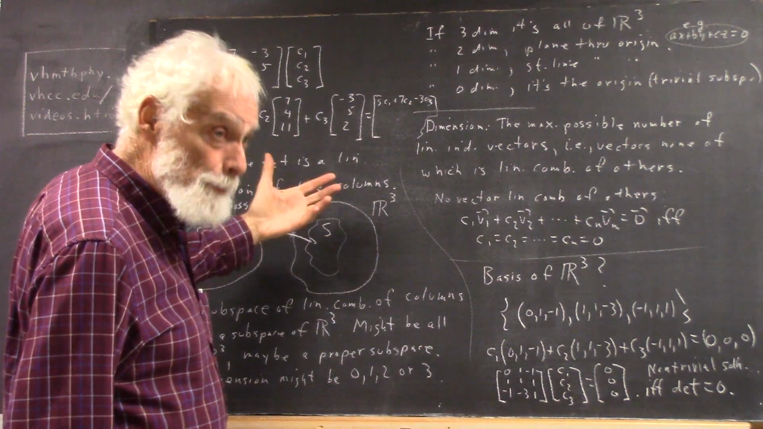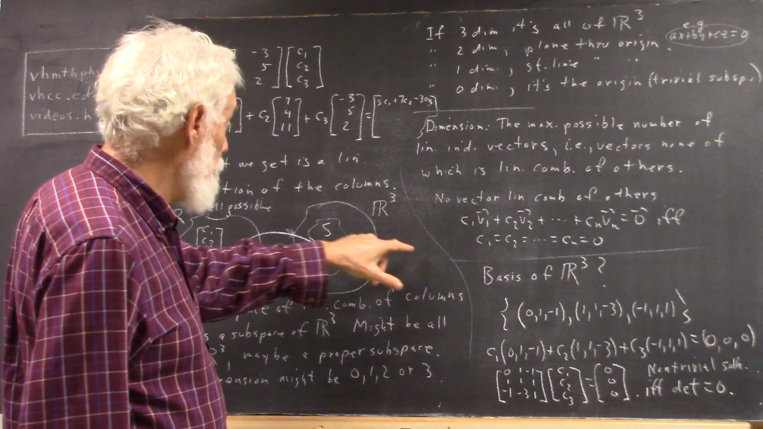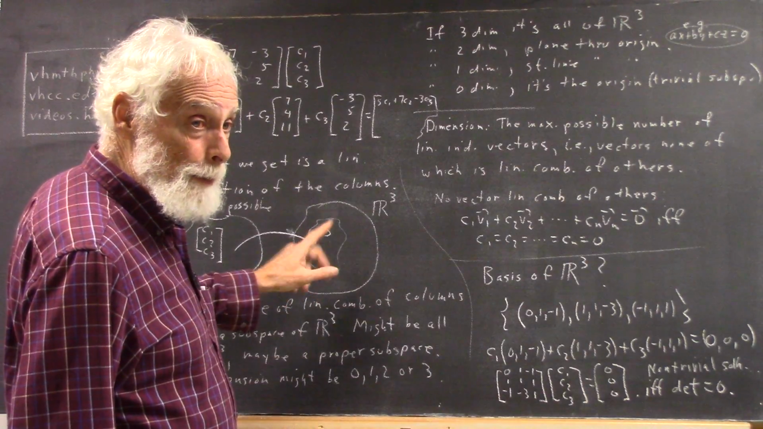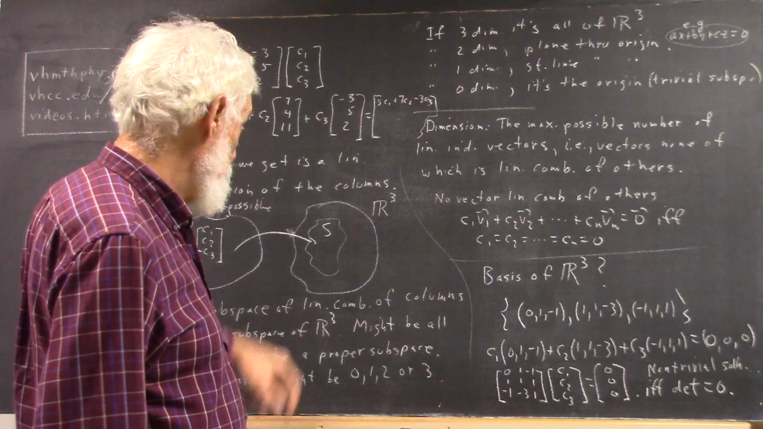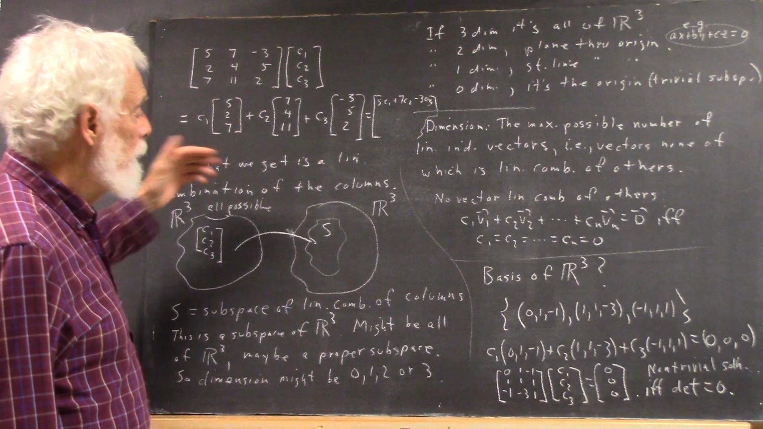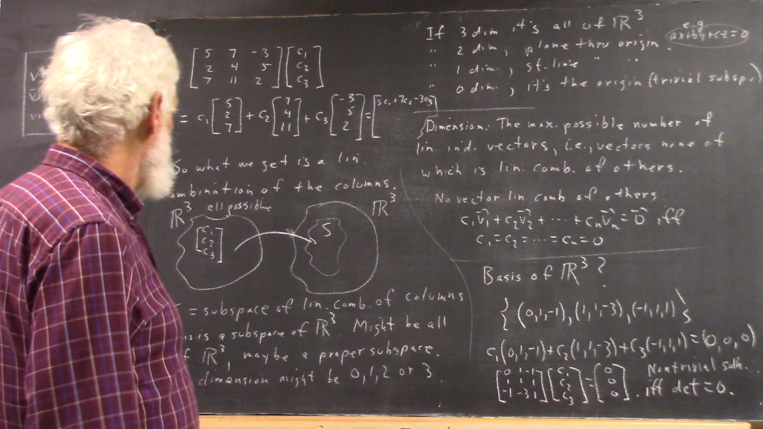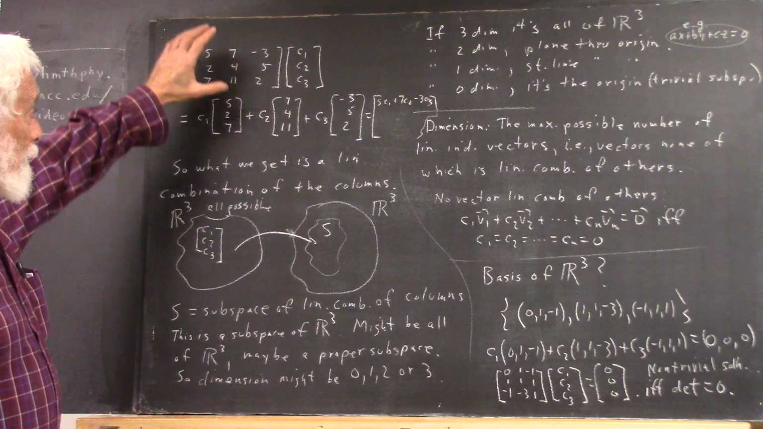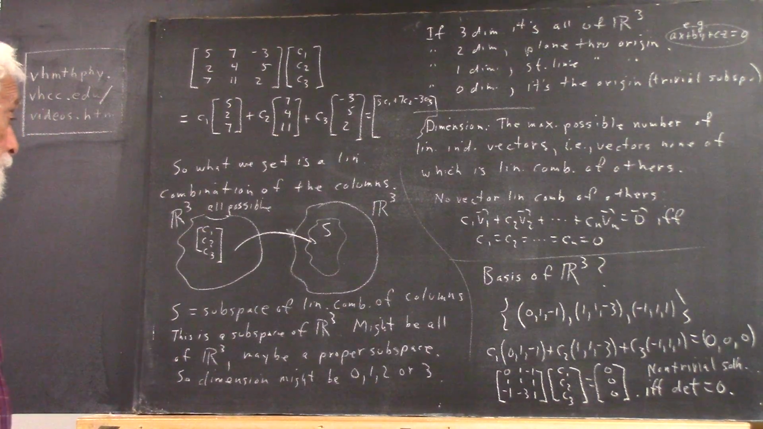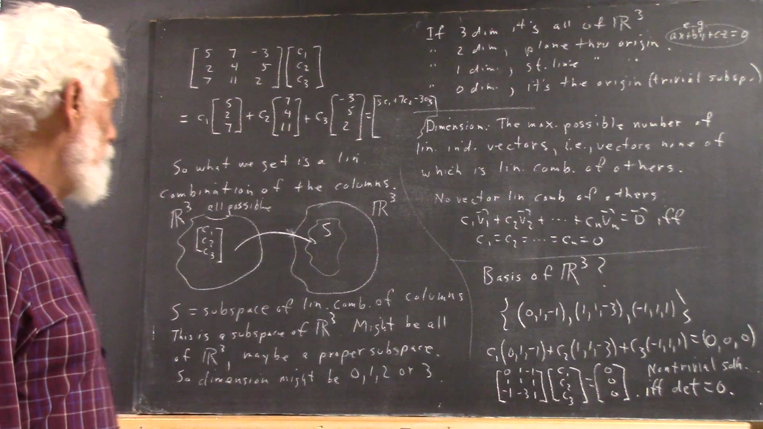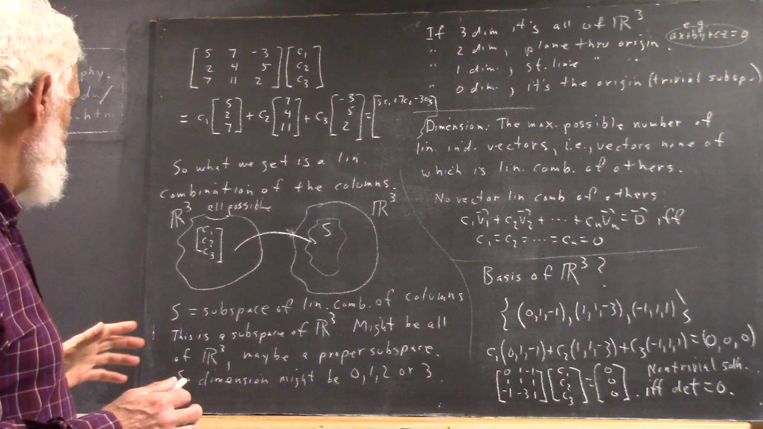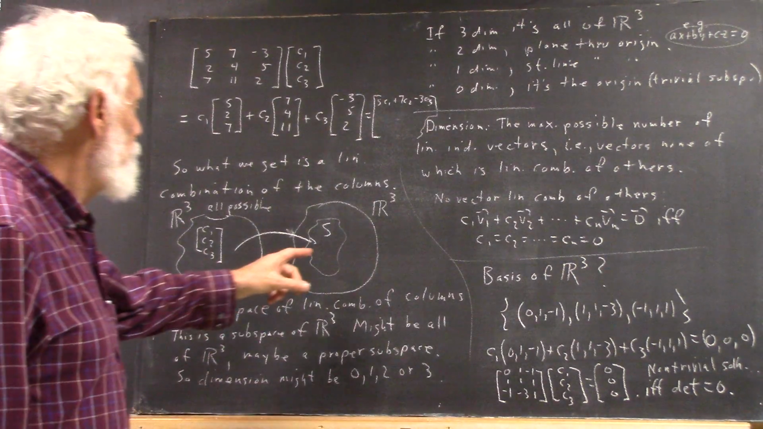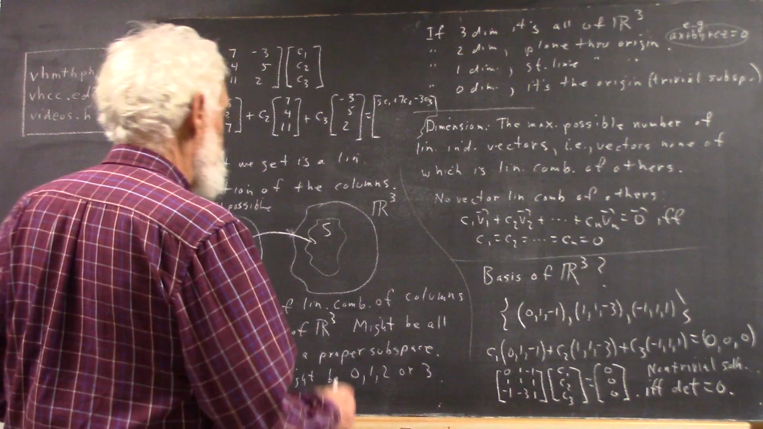Now, this subset might be all of R3, but it might just be a plane in R3 through the origin, and it might just be a line through the origin in R3. And it might even just be the origin itself. But to get just the origin itself, you'd have to have all zeros in this matrix. Well, that's kind of a picture of what we're looking at. And the thing you want to understand is that whatever you get over here is